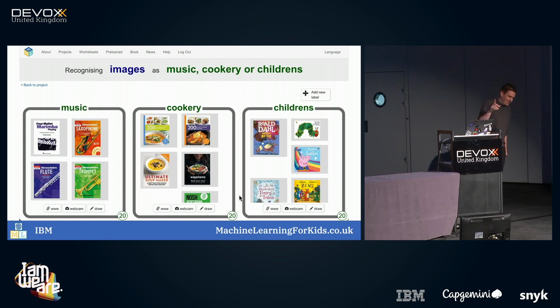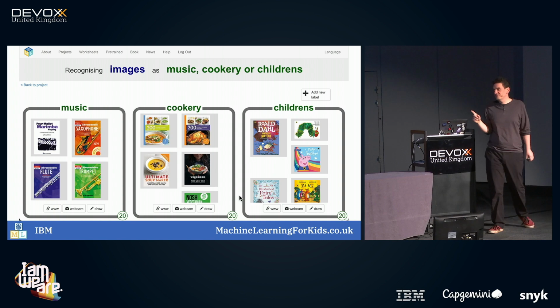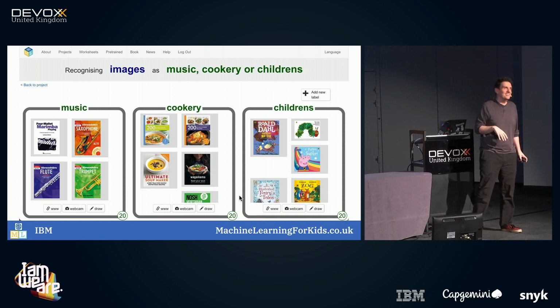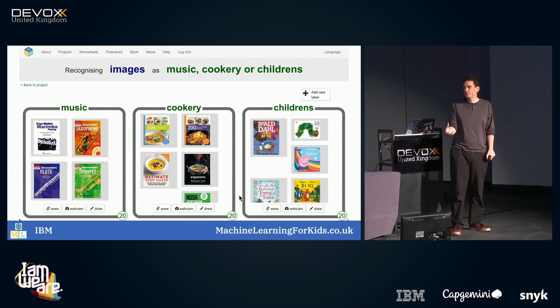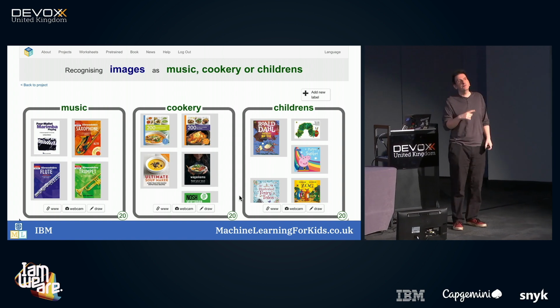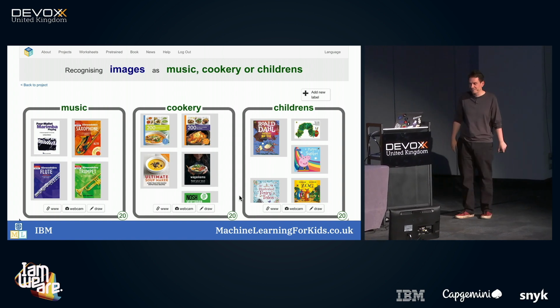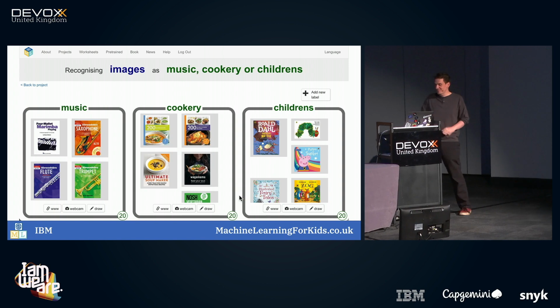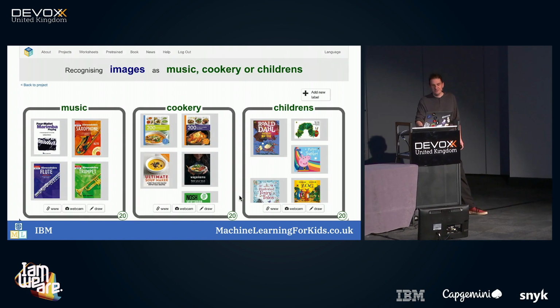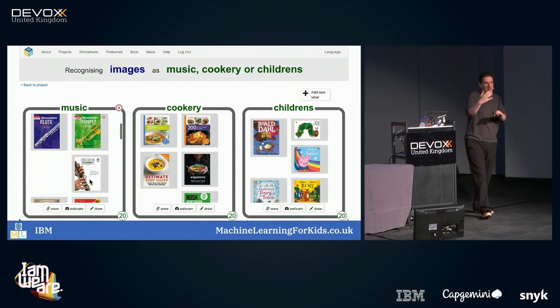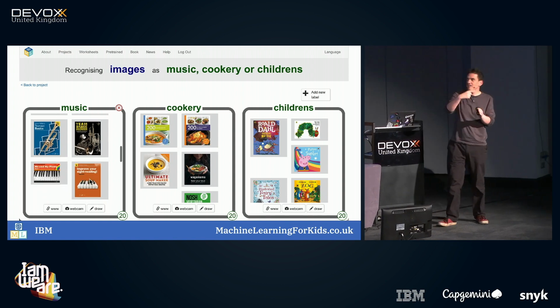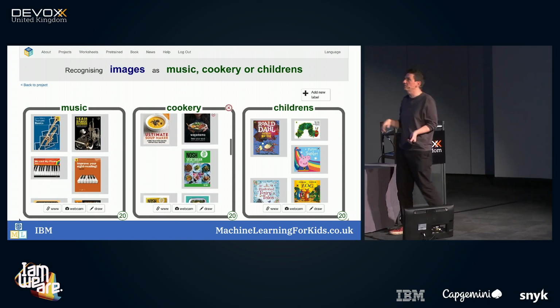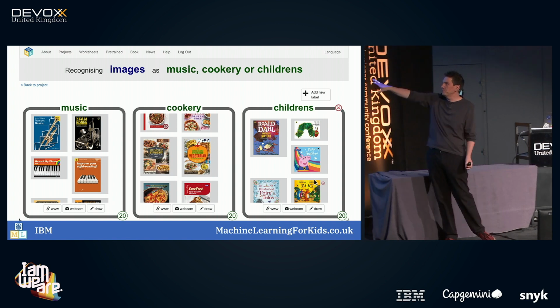This one, I like just because of the phrase, judge a book by its cover. So we wanted to see, can an AI judge a book by its cover? Can an AI tell what type of book a book is based on a picture of its front cover? That was the entire premise. That was the only excuse for doing this project, but it was kind of cool. So get them to open up Amazon or a library website, and drag and drop a load of books of a certain type into the buckets.